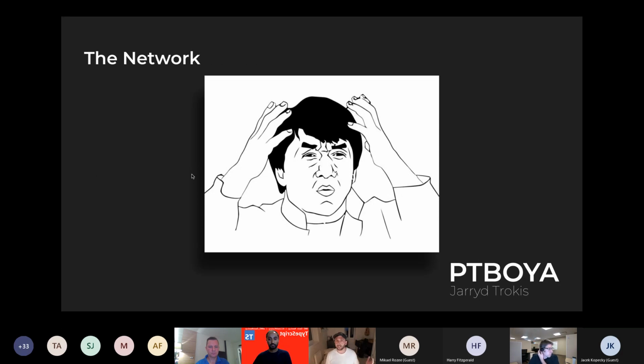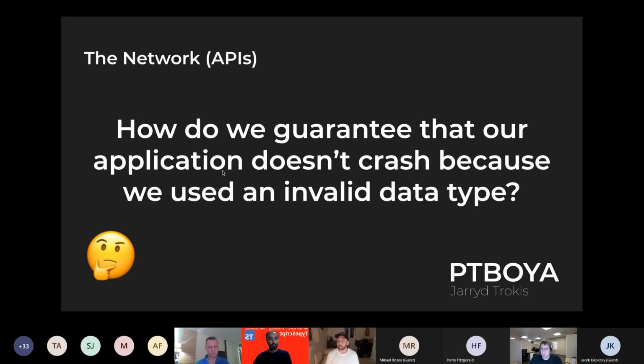Are we talking about the internet? Are we talking about Wi-Fi? Are we talking about Bluetooth connections? So maybe you're like me, wondering, okay, what does that mean? Which protocol are you talking about? Well, specifically, I want to talk about APIs and the APIs that our websites and our web applications interact with.